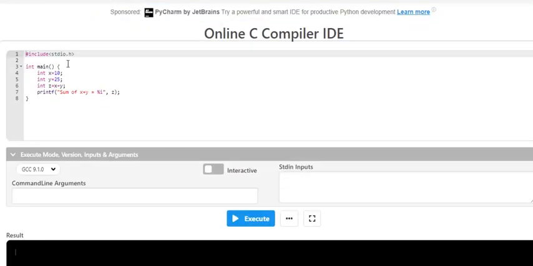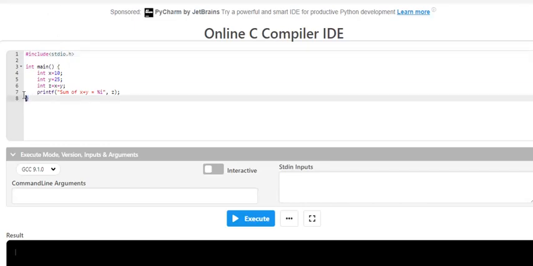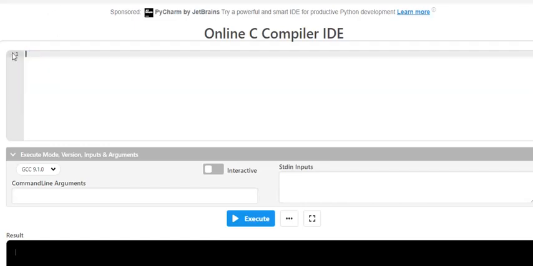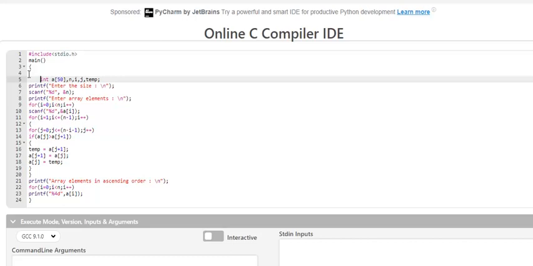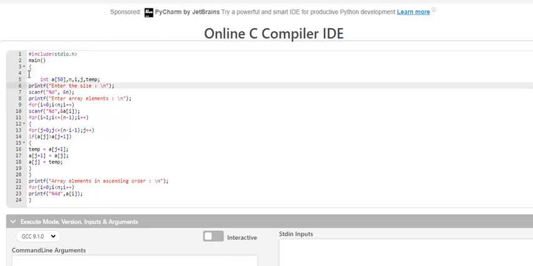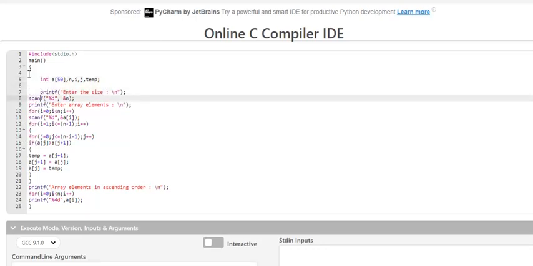When you load the JDoodle C online compiler, this is the default program you are going to see. I will remove that and paste the program, and you have to do the indentation, very important. Okay, I will quickly do the indentation.